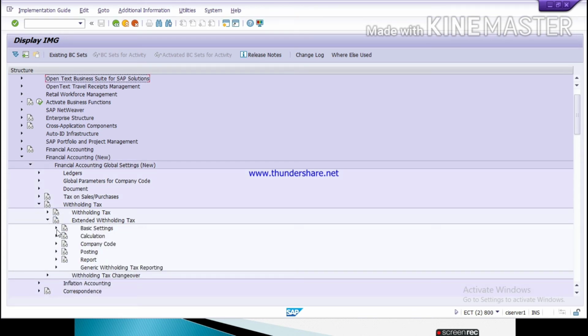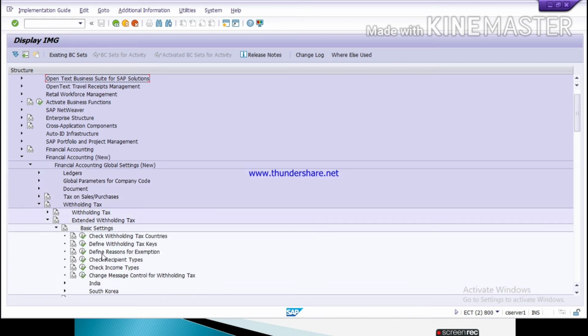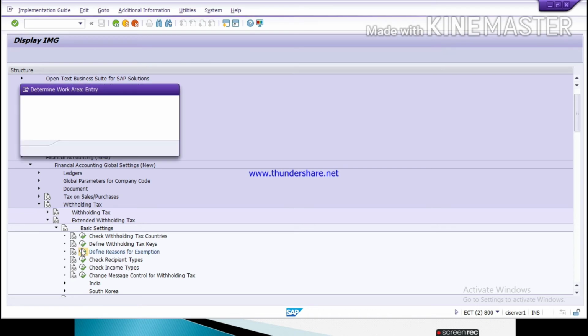Under extended withholding tax, click on basic settings. Then third one, define reasons for exemption. First we have created check withholding tax countries. Then we have created define withholding tax keys. Now next one, define reasons for exemption.